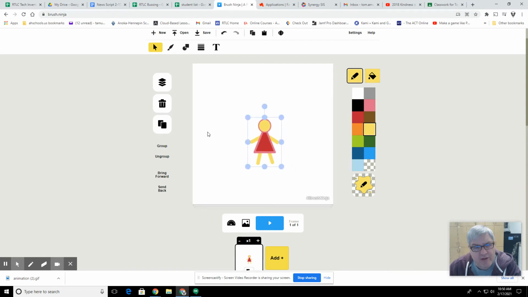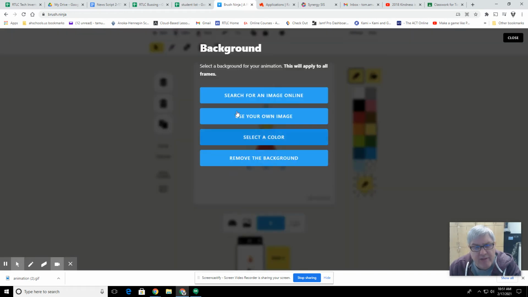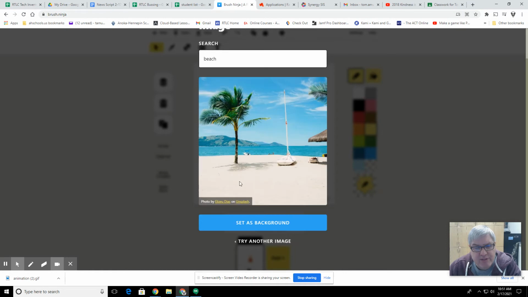All right, now I have Susie and I can make her run and I can resize her or whatever, but I don't have a beach for her to run on. So instead of drawing one, I'm going to use just a picture of one. So down here, you have the select a background choice. So I'm going to click on that. And then I'm going to search for an online image, and mine, I typed in beach up here,